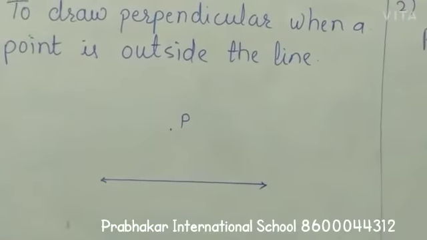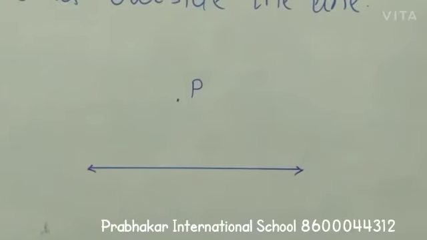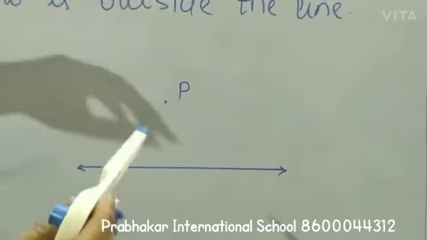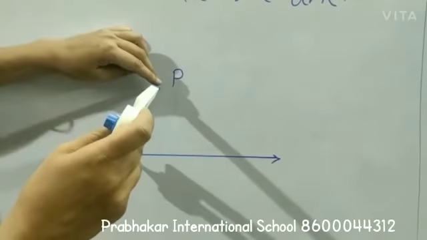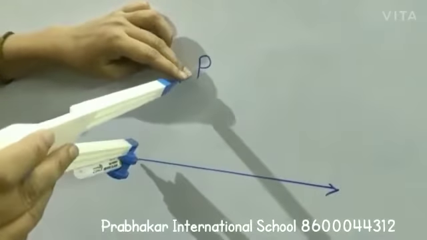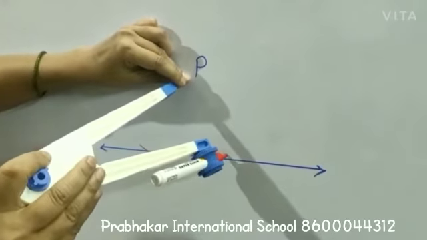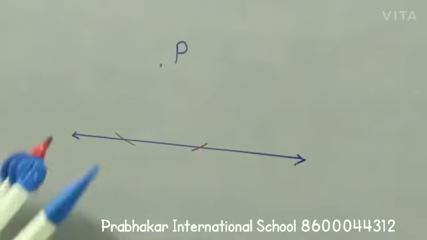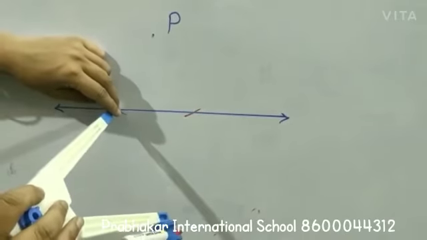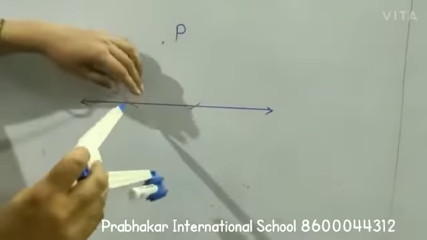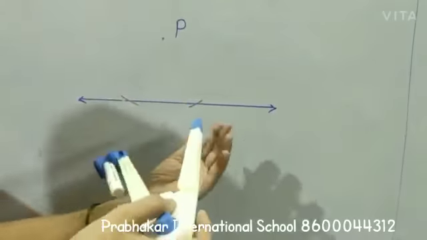Just watch. What you have to do, take some measurement. Okay, what you are calling it rounder, or you can call it compass. Okay, so place this here on point P and draw an arc. So this arc here also and here also. Arc we have drawn. Now extend this measurement and place it on this arc, and on this arc we will place, then draw arc, then another arc, and so like this we have drawn.